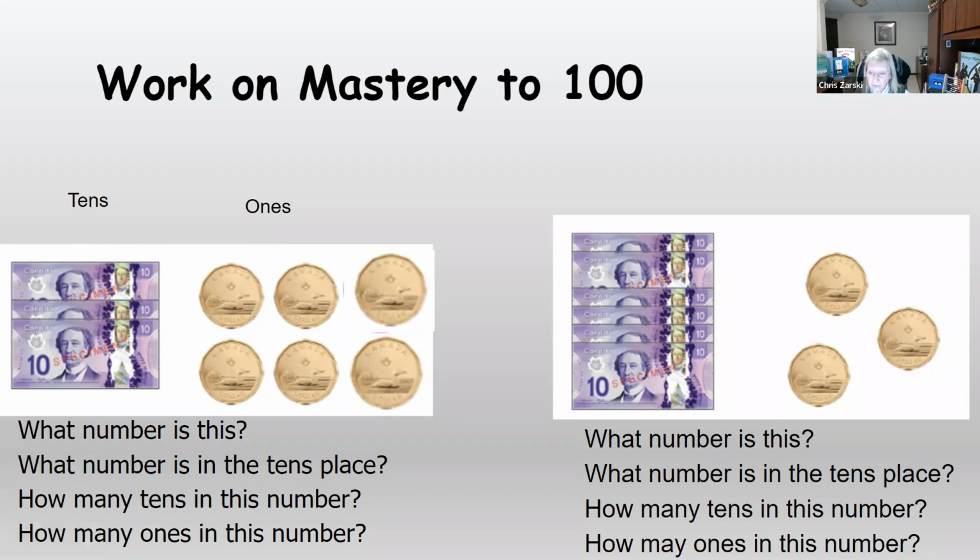How many ones in the number? If they say 6, then we might rephrase it and say, I see 6 loonies in the ones place. But how many loonies would you have to give me for $36? That's how many ones are in the number. So that's the difference of understanding in place value. What number is this? 10, 20, 30, 40, 50, 63. What number is in the tens place? 6, I wrote 63. How many tens in the number? Well, I can see the number of tens. How many ones in the number? So 63 loonies is what I'm looking for.